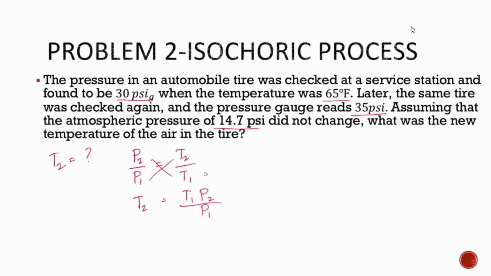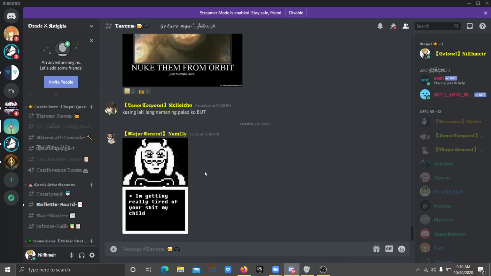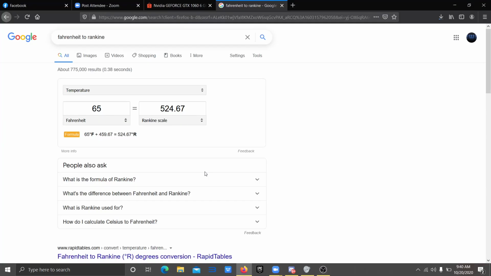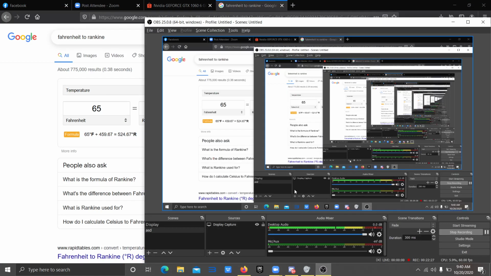What are we going to do? Okay, so ang gagamitin natin is the absolute pressure, same with the temperature. So ibig sabihin yung given natin na temperature, which is T1, anong value nun? 65 degree Fahrenheit. Paki-convert nga ako, gagawin nating Rankine. Or you can use Kelvin, but then yung ating mga units for pressure, mas okay kung gagamitan natin ang mga British thermal units. Okay, what is the unit to transfer into to Rankine?